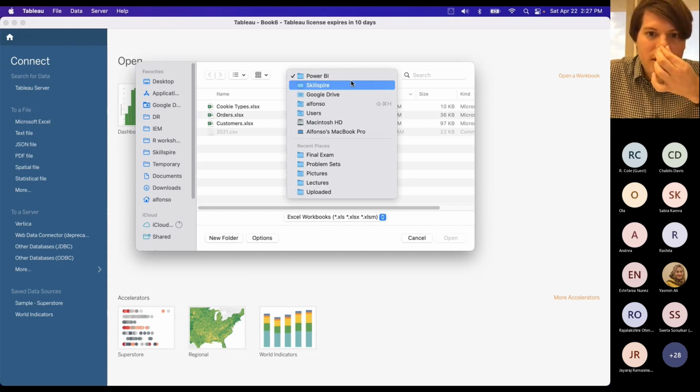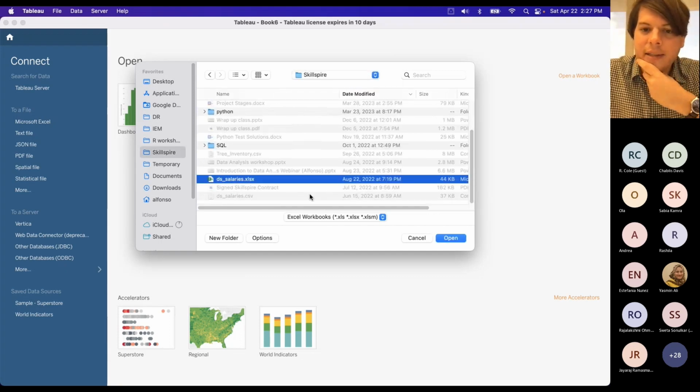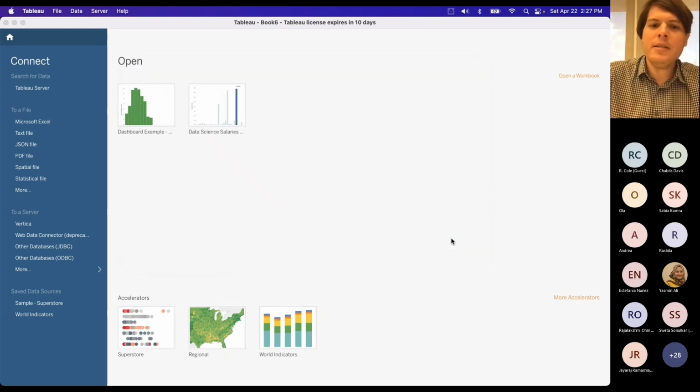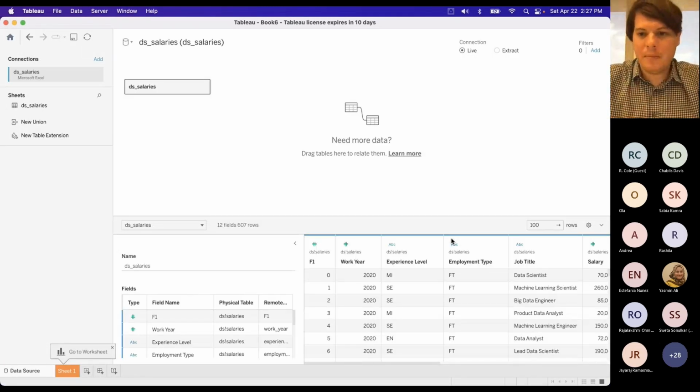And I'm gonna go to ScaleSpire, and I'm gonna look for DS salaries. That's the data science salaries. And you can see that it's an Excel file. If it's a different type of file, if you downloaded it differently or transformed it or anything else, that's fine. I'm gonna open it. It's gonna do the query, it's gonna run it,